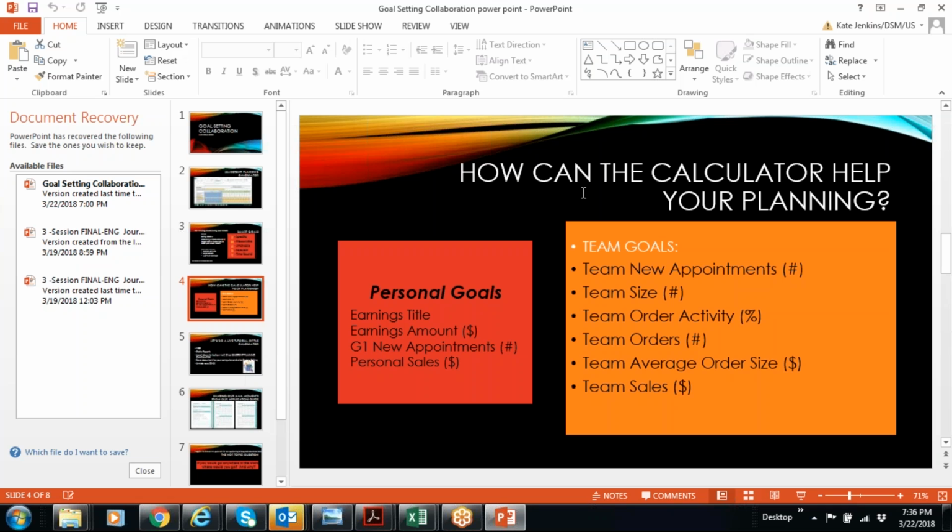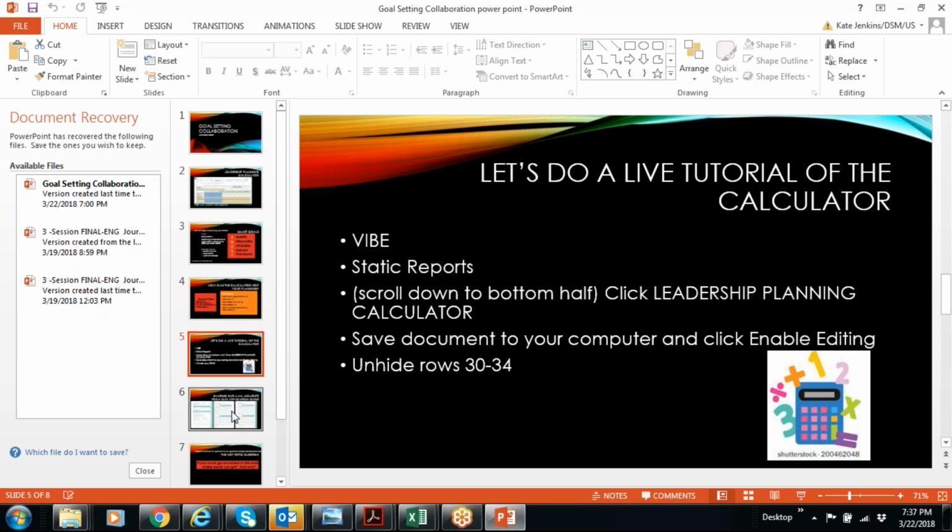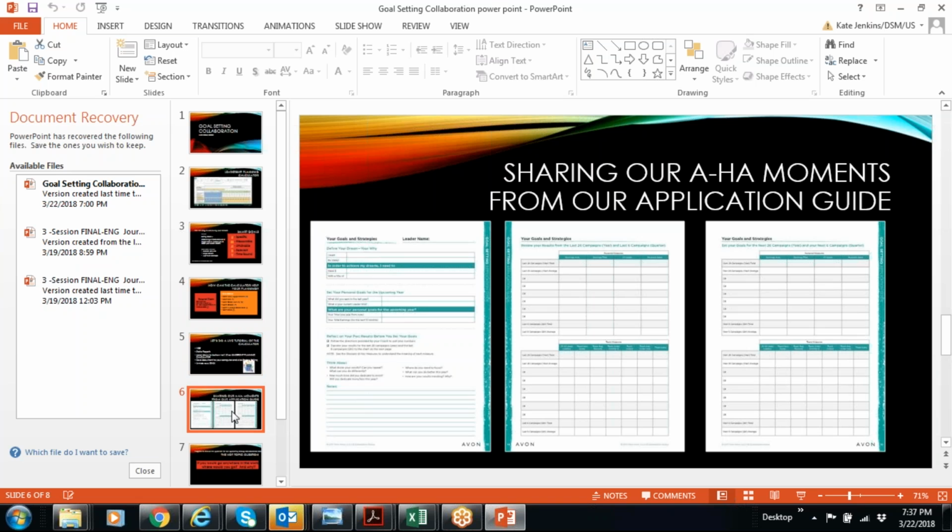So the calculator can really help you in your planning process. The worksheets also work, but we have to do the math ourselves. Actually, our leadership performance report really pulls a lot of the numbers for us. I think we all learned how to use that better. Is there anything else you want to talk about? Any more sharing about what thought process you had doing your homework, or what you've put into action since you've done your homework?